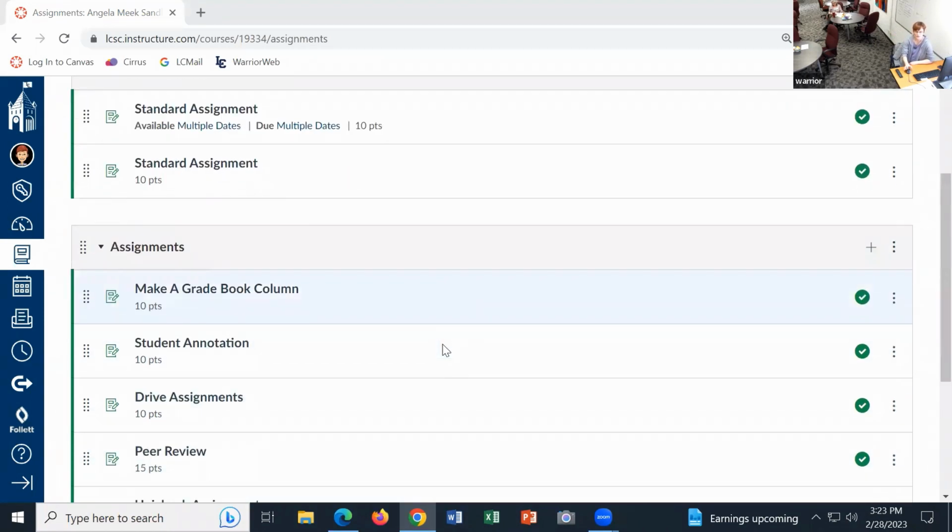So these do require that the students authenticate in Canvas with their Google account or their OneDrive account. And so you may have to have the discussion with your students, like if they have privacy concerns about, I don't use cloud storage because I'm not comfortable with that or whatever. Just be aware that that is a thing. There's an authorization process. Student accounts, of course, are all LC Mail accounts, are all Google accounts.